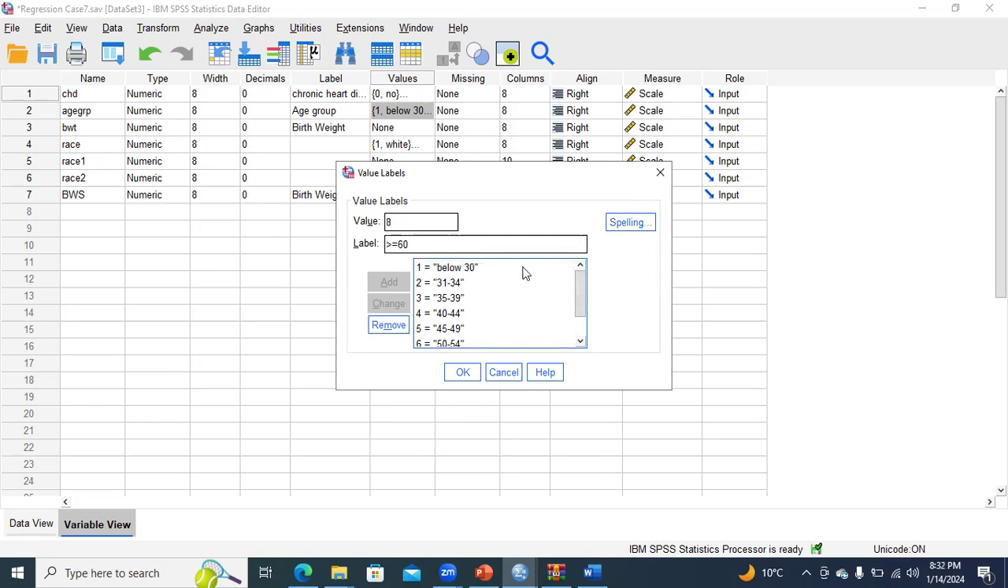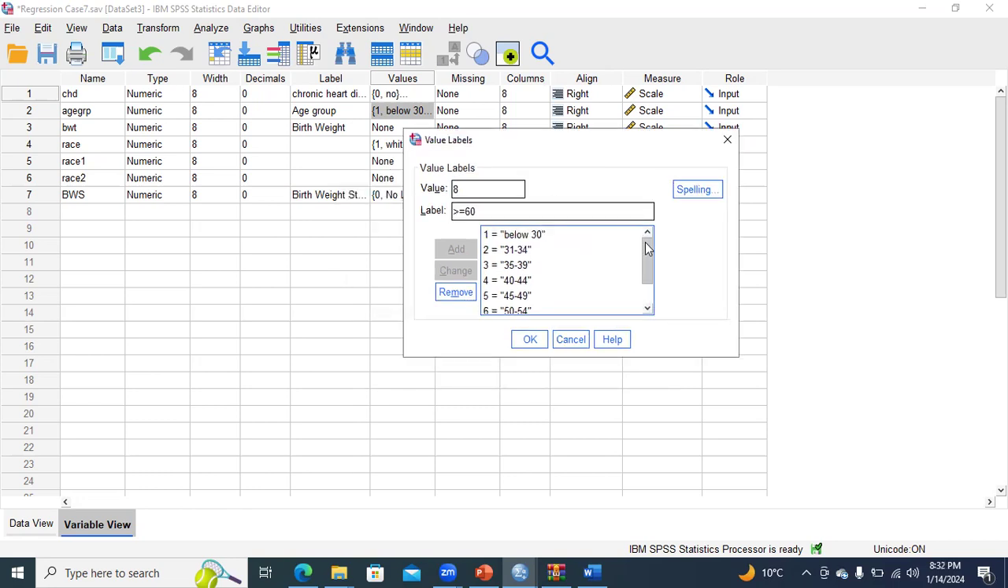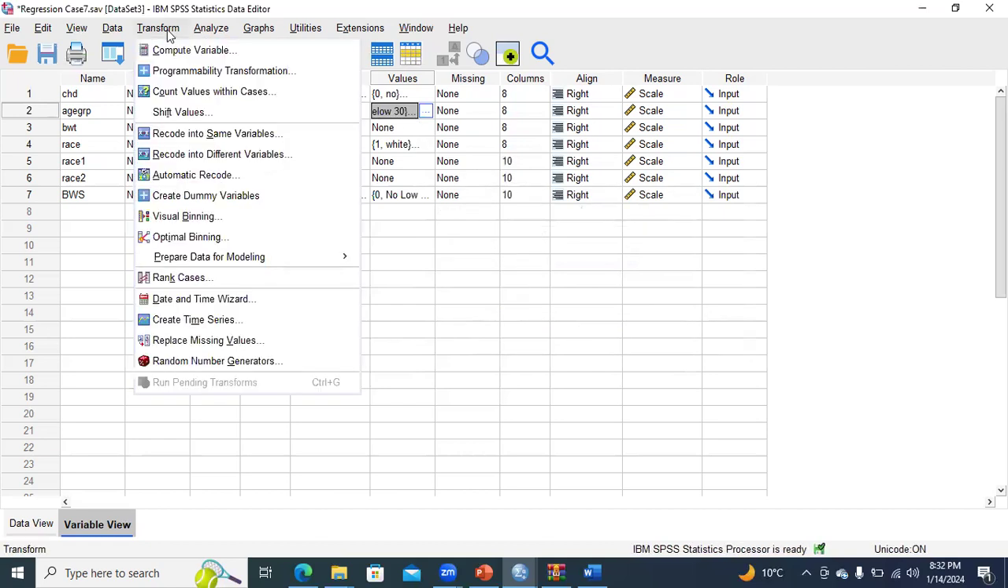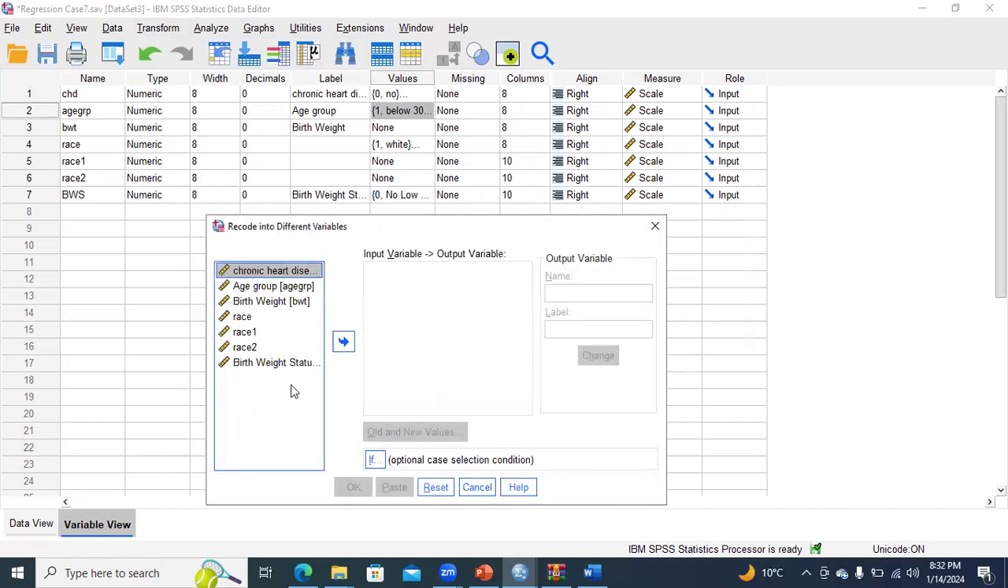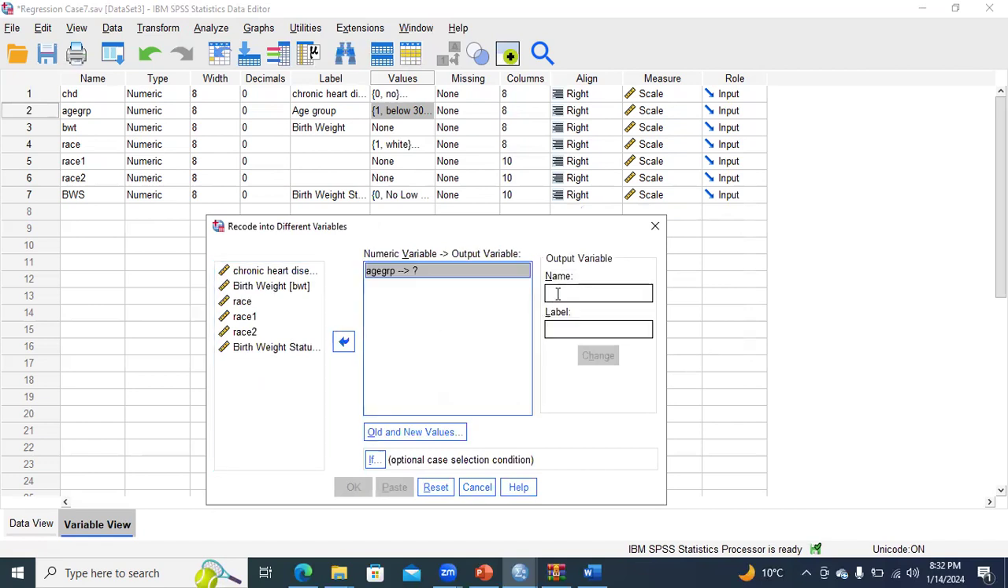So how can we create it? We need to understand that we need to start from here. So we need to start from reference category 2. Go to the Transform button and choose Recode into Different Variables. You select the age group as the input variable, and you need to write here dummy hyphen,